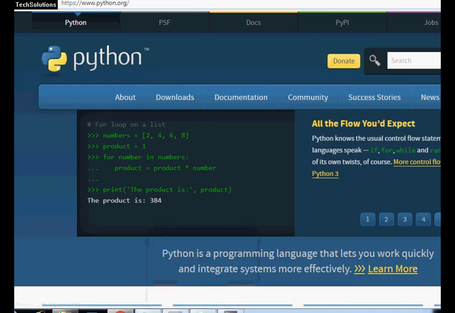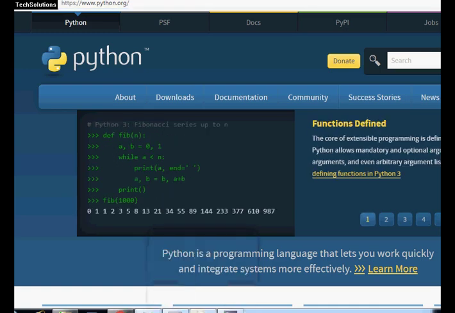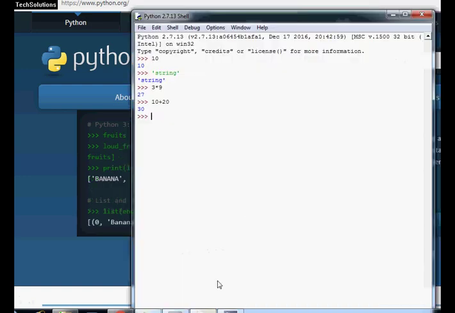When you install Python, first you download and then install it. This is a one-click installer. Finally, you will get Python installed in your system at a particular path. You can set it by default. And when we go to the start menu, the Python shell will open. I have Python 2.7 installed in my system, and this is the Python IDLE. This Python IDLE is an integrated development environment.